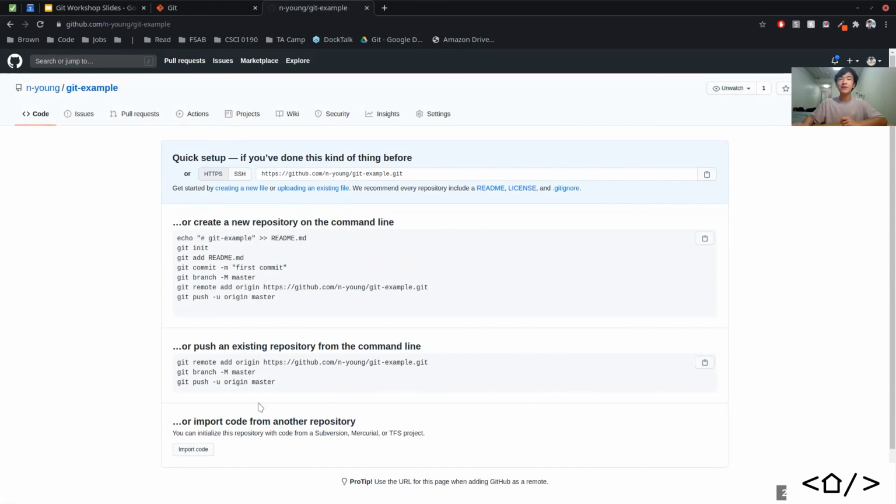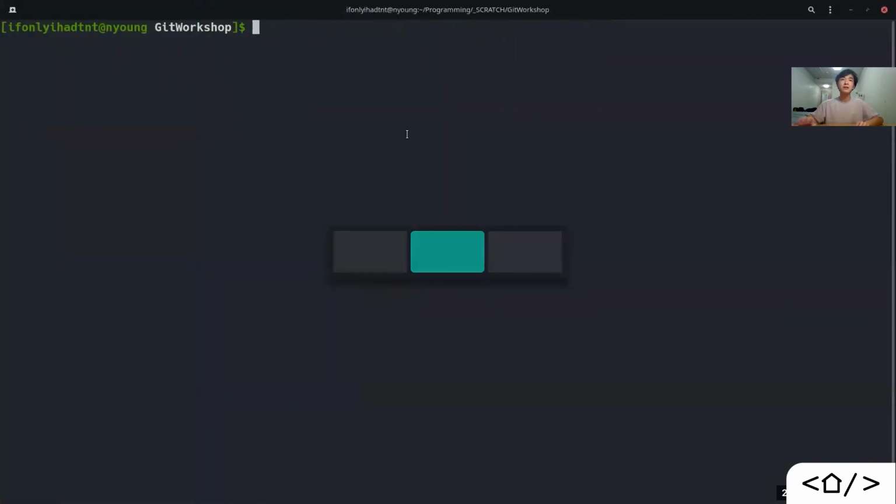So if you didn't add any of the other stuff, you'll see this quick setup guide. And we're just going to learn how to add this to our repository. So what we want to do first is copy this. It's just a link to your repository. And we're going to bring it back to our